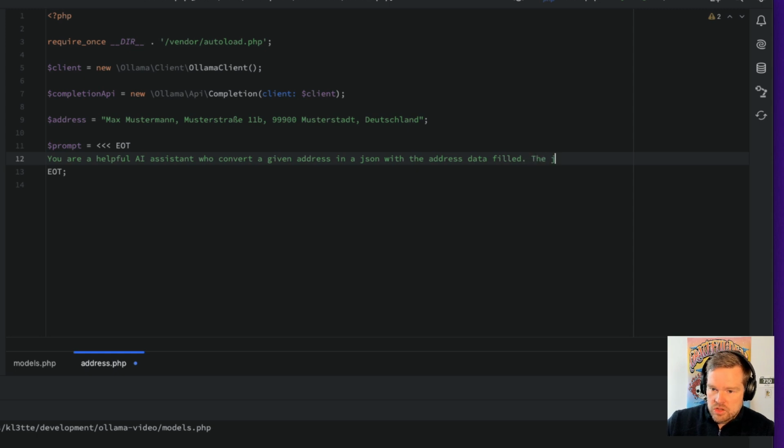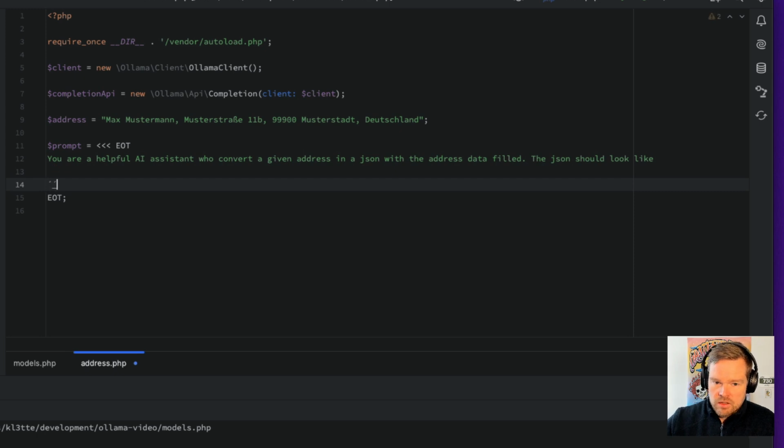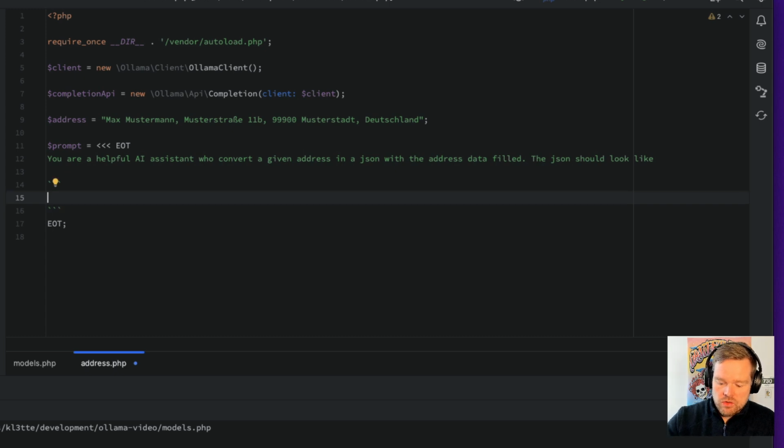The JSON should look like. And what we want to have, or what the JSON should look like. So the JSON should look like